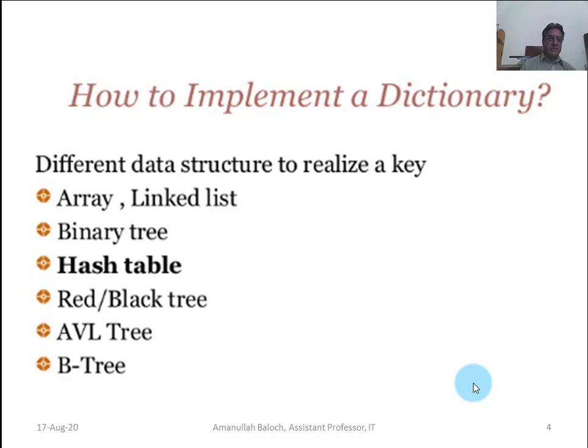How to implement a dictionary? Different data structures can realize a key. Arrays use an index to search their different elements.